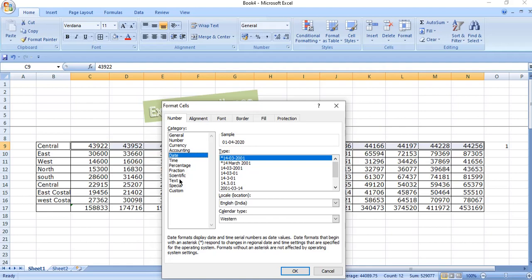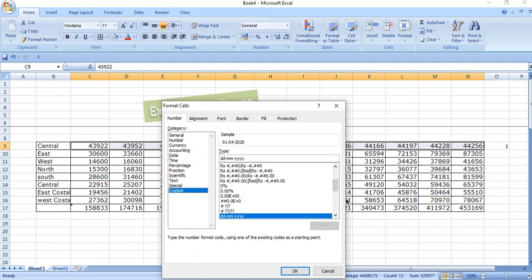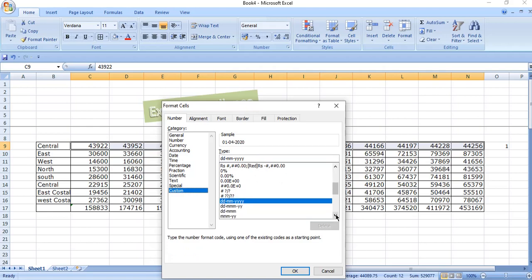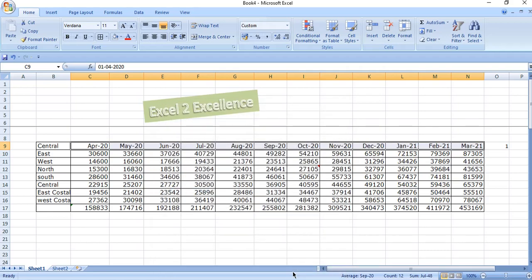Now we will customize this date format. Select custom. In this particular case, we want to have the MMM YY date format. So I have selected it here. Now press OK. Now we have the header in date format.